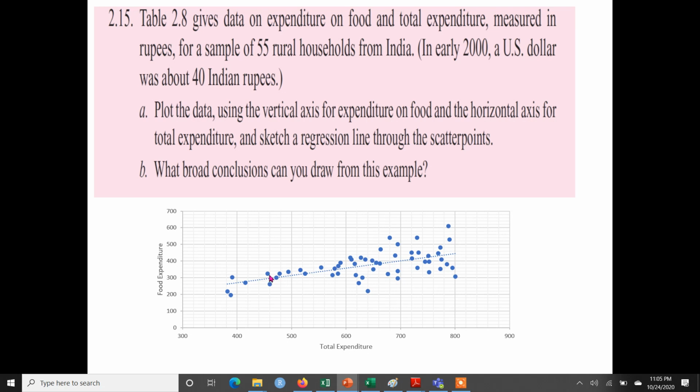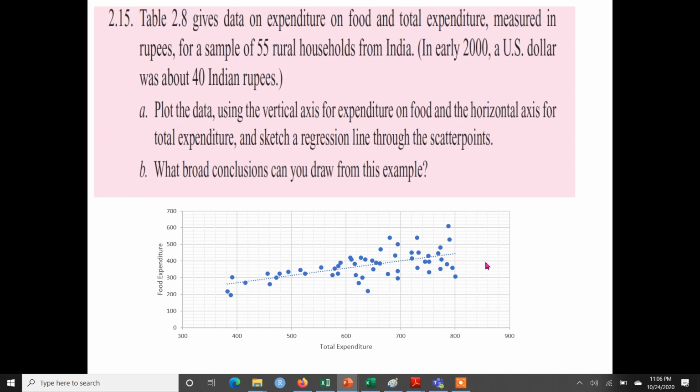But you can see that after the total expenditure crosses the level 600, we have a lot of variation, which means that if the total expenditure of some families exceeds 600, some such families are increasing their expenditure on food, while other such families are decreasing their expenditure on food, and so on. That means that